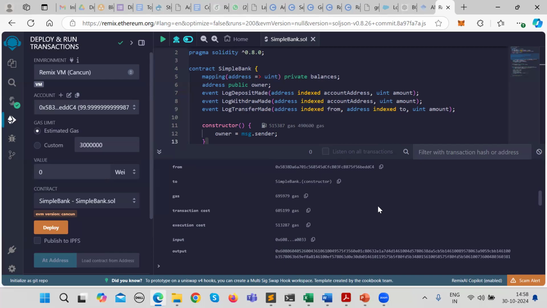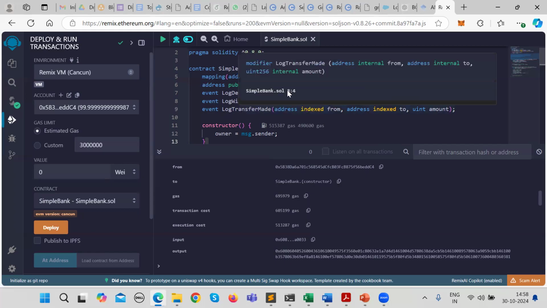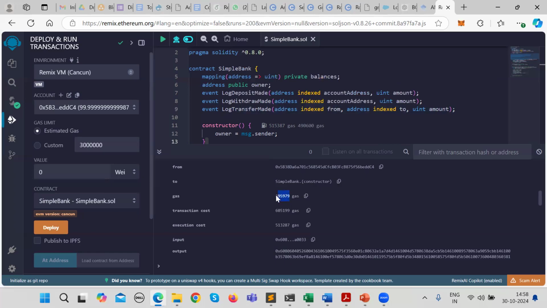Each operation that we perform in this smart contract is associated with some gas unit, and the total operations that we performed here are this much of gas that a smart contract has taken to deploy itself, right? This is the total cost. This is the transaction cost and execution cost. So ultimately the total gas cost that you have to pay is this.